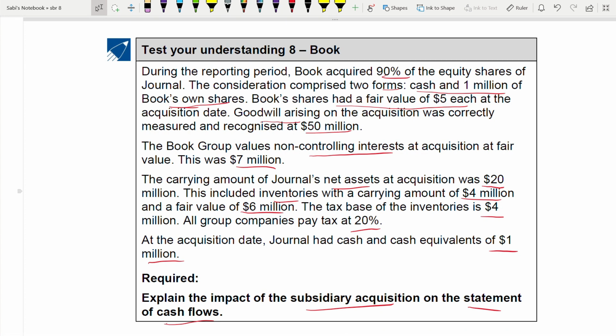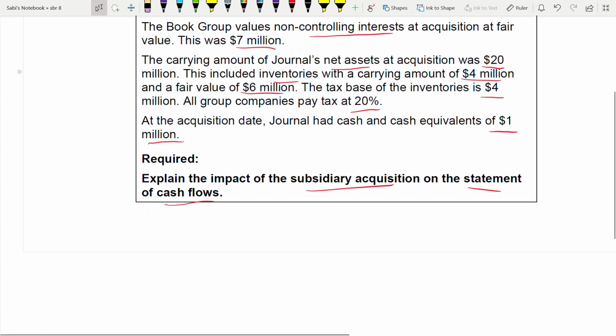So now you need to explain the impact of the acquisition. How do you start? See, here they told you that you are buying through shares, but they don't say how much cash you are paying to buy the subsidiary. So that you have to work out. I will drop the dollar and just deal with the small number. We are going to use the goodwill calculation, because in the goodwill calculation we always start with the cash consideration, right? How much we paid to buy the acquisition. So cash consideration,